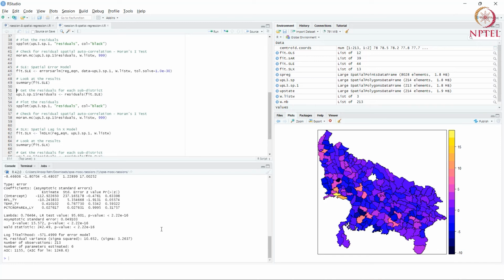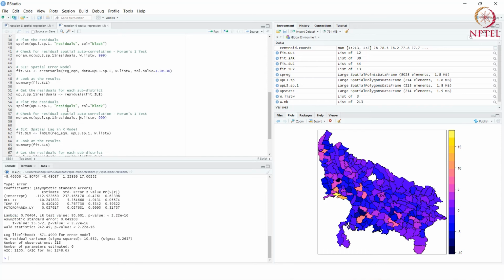So what do we get? Rainfall is still just about significant. The value is different from the ordinary least squares, and it's kind of between the spatially lagged model and the ordinary least squares. So ordinary least squares was -20, spatial lag was -5, now it's -10. Again, close to 0.8, and it's significant. That means that the error terms also had some spatial autocorrelation.